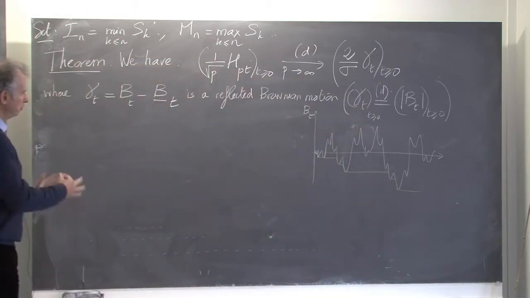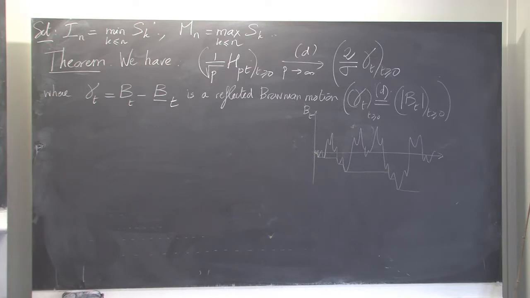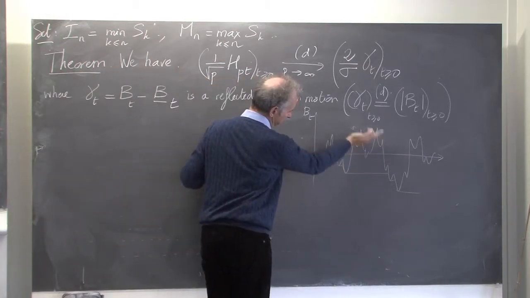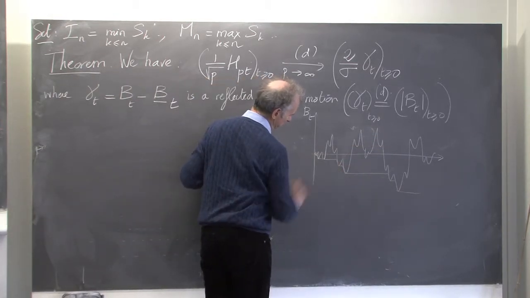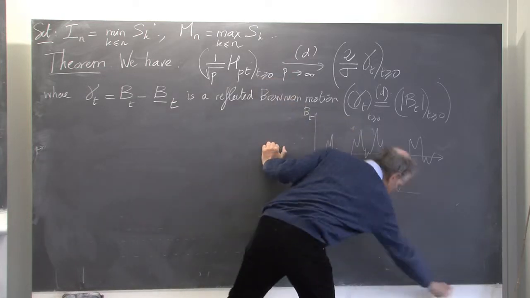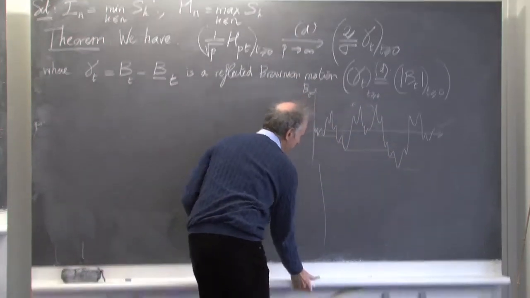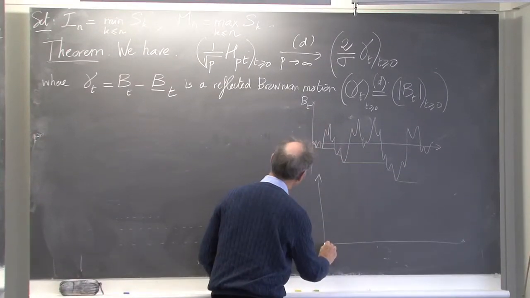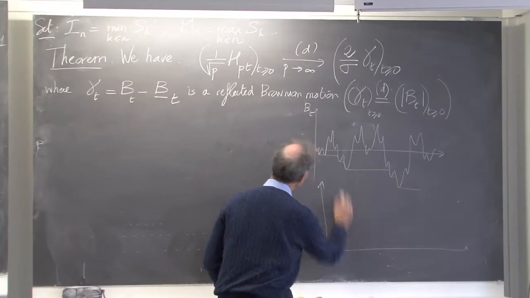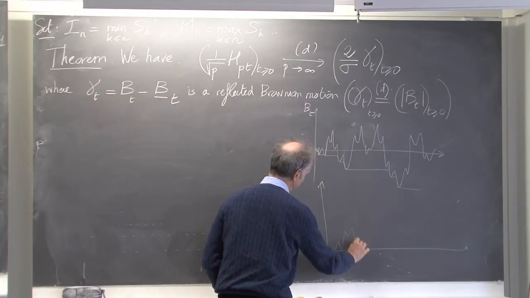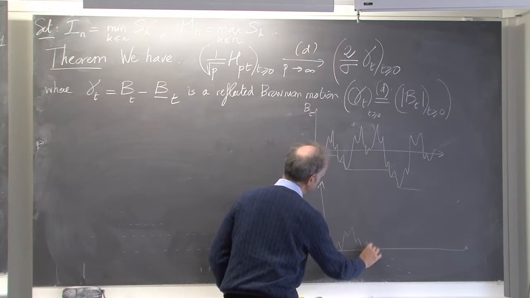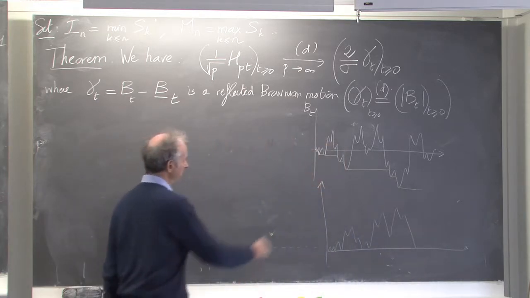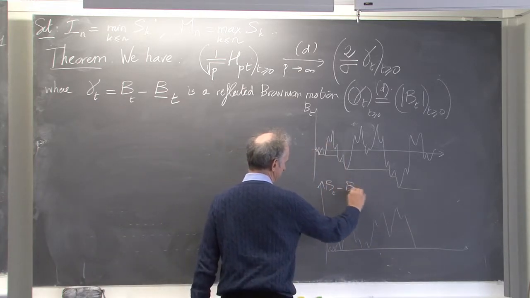And then what you do is consider this difference here, B_t minus the minimum. You shift all the excursions above the yellow curve. Essentially, I'm not going to succeed in drawing it very well, but here you have some small excursions, this bigger one here shifted like this, and so on. This small one, maybe this bigger one now. So this gives you the process B_t minus the minimum.